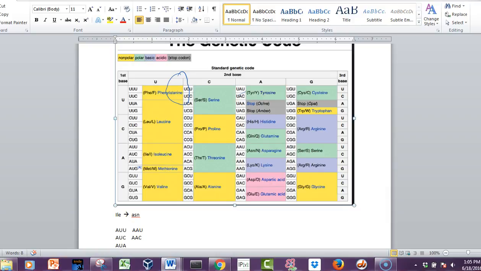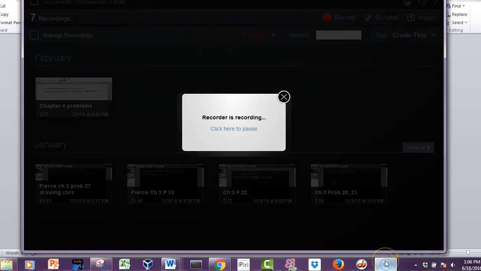If you take a polar amino acid that's involved in a hydrogen bond and you change it to non-polar, it can no longer do hydrogen bonding. If you take an aspartic acid and you change it into a lysine, you're taking a negative amino acid and changing it into a positive amino acid, and that's going to be a big change. And so I'm going to leave it at that for now, but I just wanted you to review that.